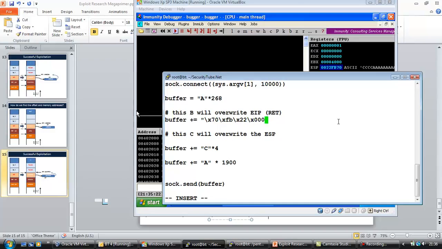Now notice the \x is an escape sequence which tells Python to interpret this as a single hex value for a byte. Okay, so we have 0022FB70 written in reverse order, and now this is where ESP will be overwritten with